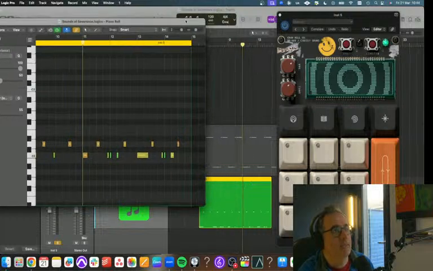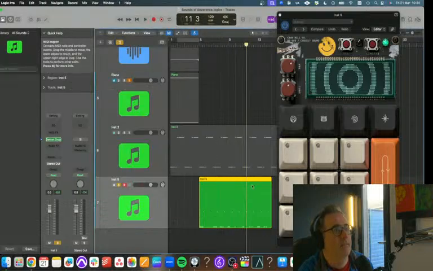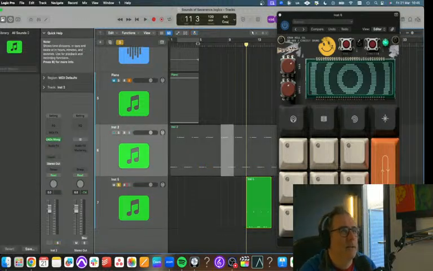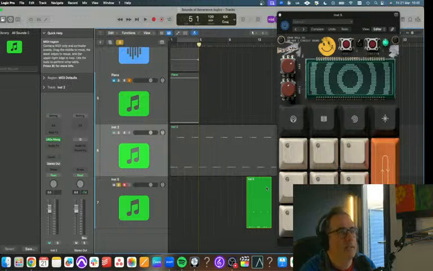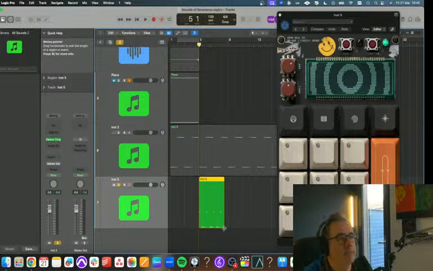Yeah. So this is what I want to take. This is probably a long-winded way of doing things. I'm hoping to get quicker at drum programming in general because I find I'm quite slow at it.